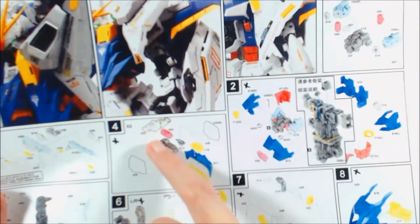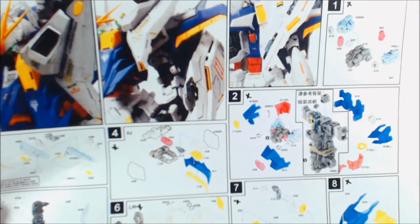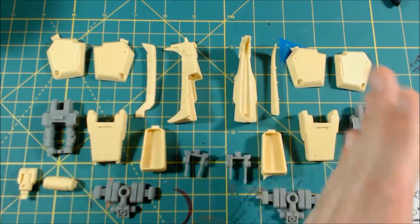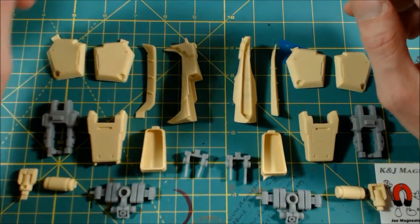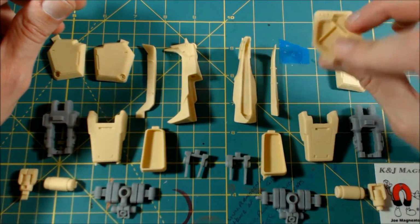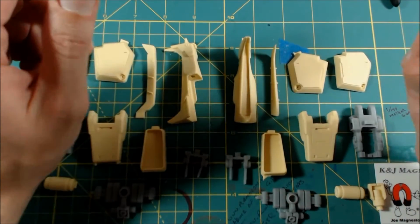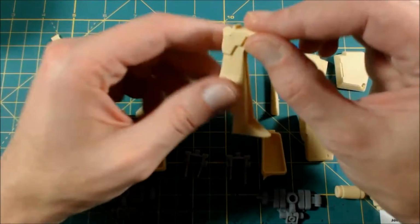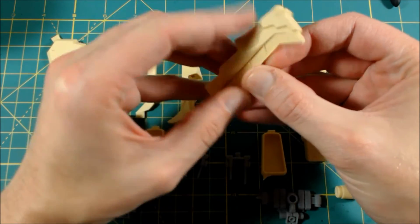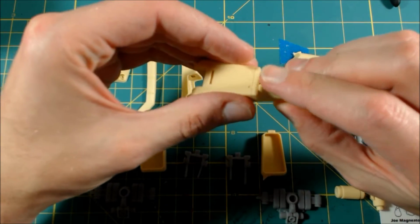Alright guys, so here we are with section 4, and this is the part of the remaining parts for the shoulder unit. And as usual, split right to left. And one of the cool things that they've done is they bulked up the shoulder unit. I'm not sure if these are supposed to stay in place or not as of yet, but one of the cool things that I noticed when playing around is, if I have this in right, once this is all put together, it looks like,